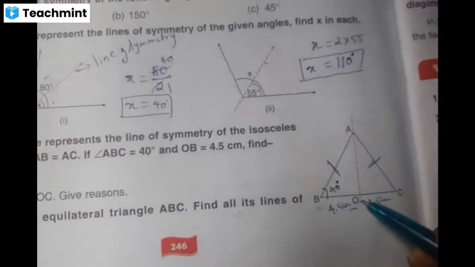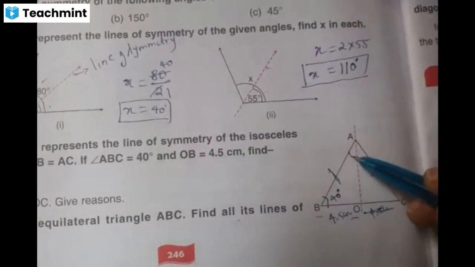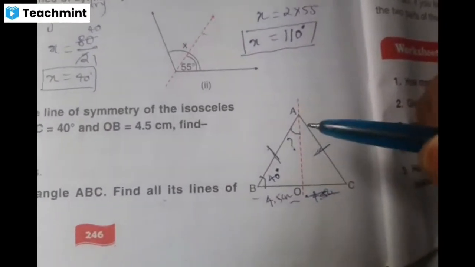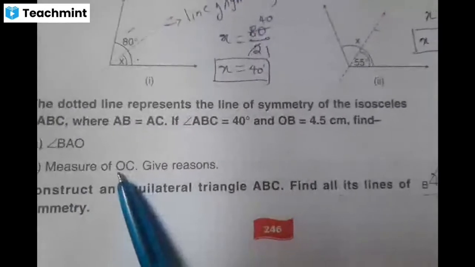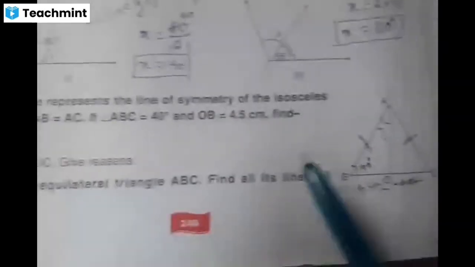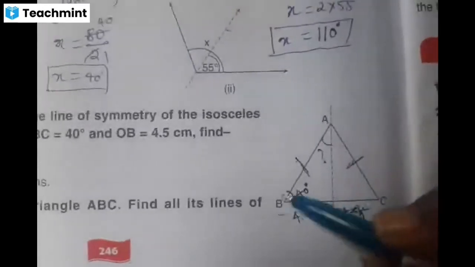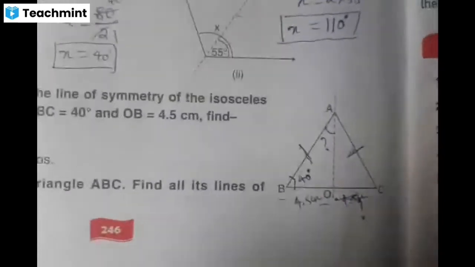We have to find angle BAO, children. Now, according to the question, we have to find angle BAO as well as the measure of OC. What is the measure of OC we have to find. So these are the two questions given to us. First we have to find angle BAO as well as the side OC. Now, what I do here,